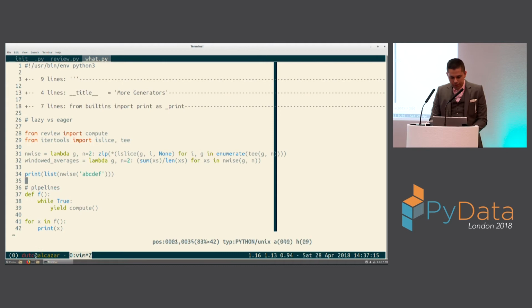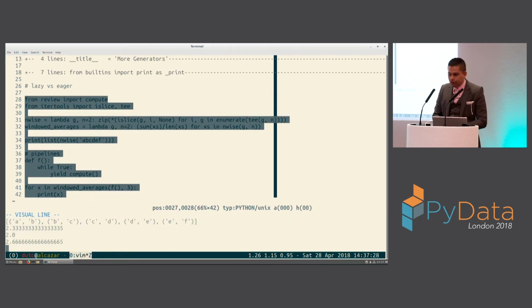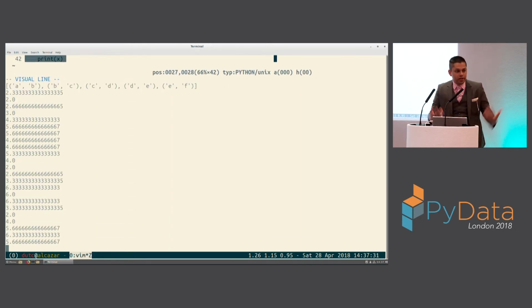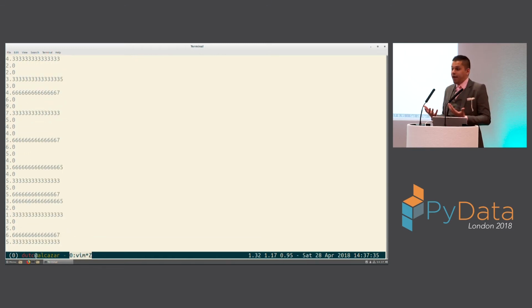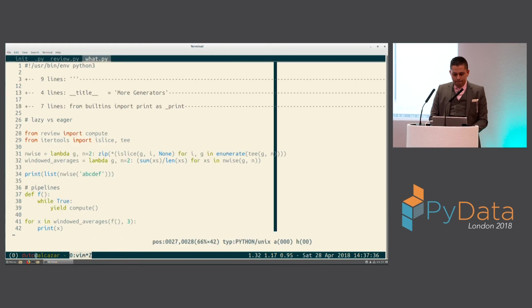And so now we can take all of this fanciness, and we can do windowed averages of some size. Let's do windowed averages of size 3. And now we have a lot of little helpers in a very terse, almost functional form. You can see it's processing an infinite sequence of numbers and getting the 3 windowed averages, right? We can do moving averages. And that's really cool. But